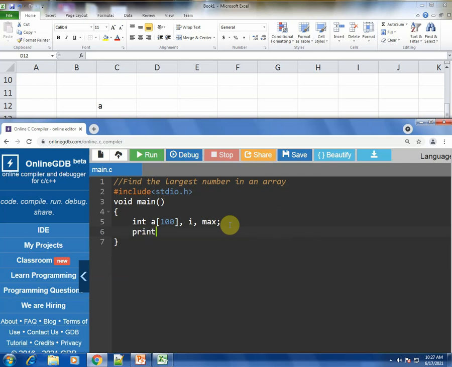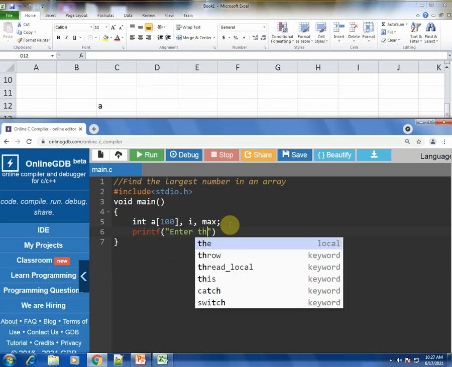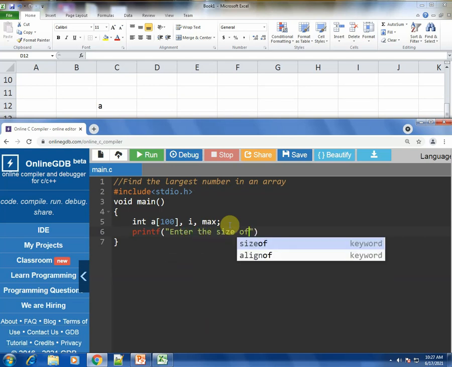The first thing you would do is write a printf statement where you ask the user the size of the array. When I say size of the array, it is how many elements are to be stored in the array.